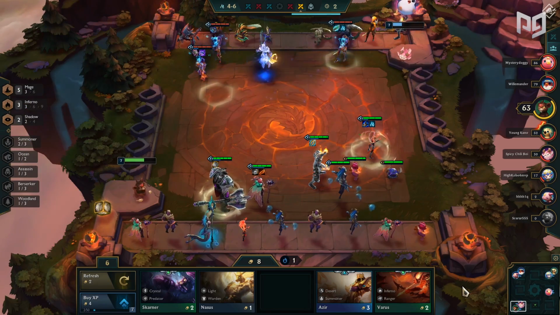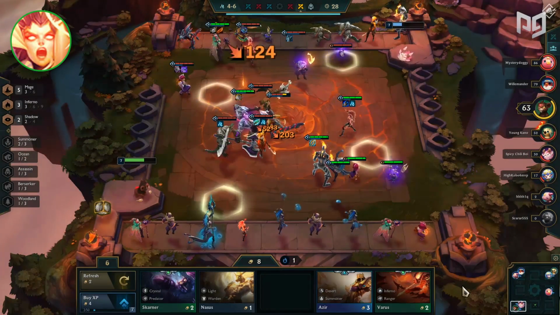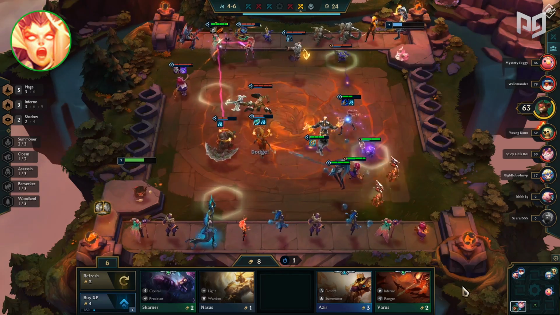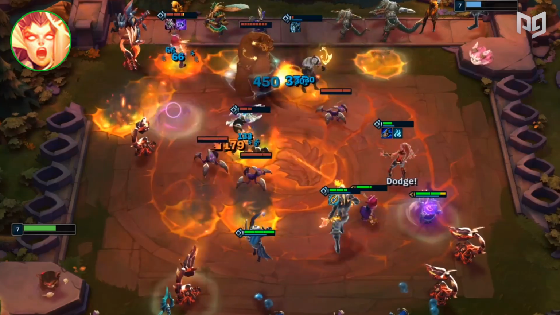Alright, let's jump into the video, beginning with number 10 on our list, which is Zyra. For a one-cost unit, she certainly holds her own not only during the early game, but late game as well. Her damage output becomes insane if you put a mage cap on her, but even without, she'll probably be your